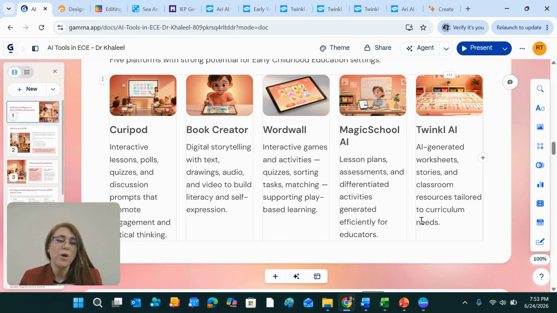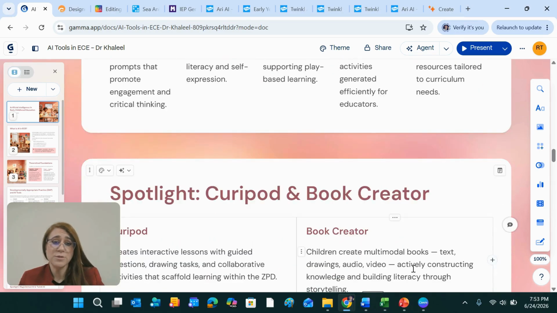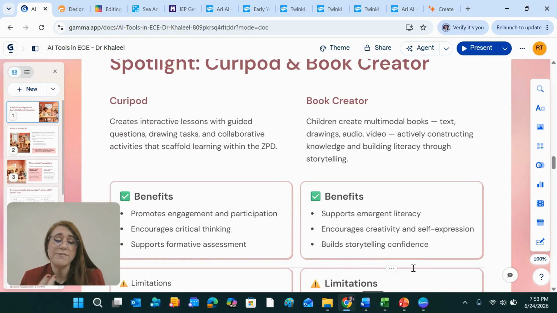The word wall gives you an alternative way to work. Instead of a worksheet, you can work as games. With Book Creator, you can create a book, collaboratively or individually. So all of these tools are very good and have lots of benefits, but they also have